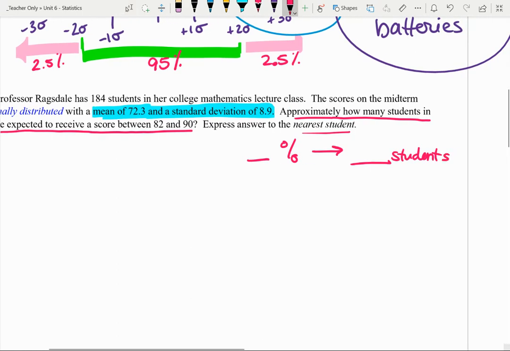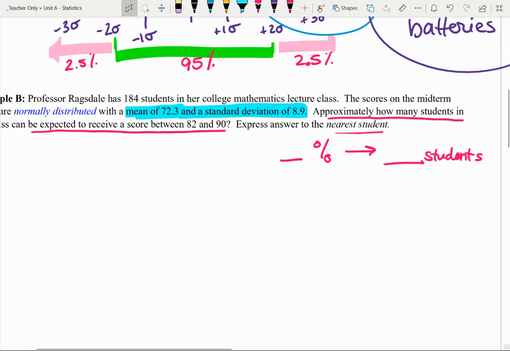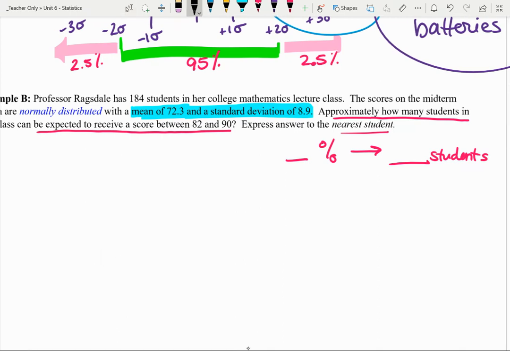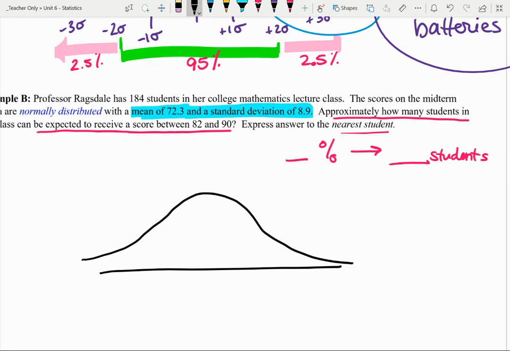So because the normal distribution tells us about percentages, we're going to have to start there and then convert that to a number of students. So again, I'm going to draw my bell curve. I'm going to make it nice and symmetric, mostly symmetric, and put my mean in the middle,